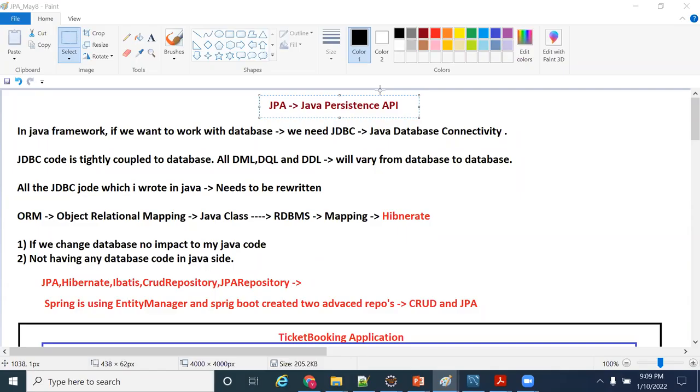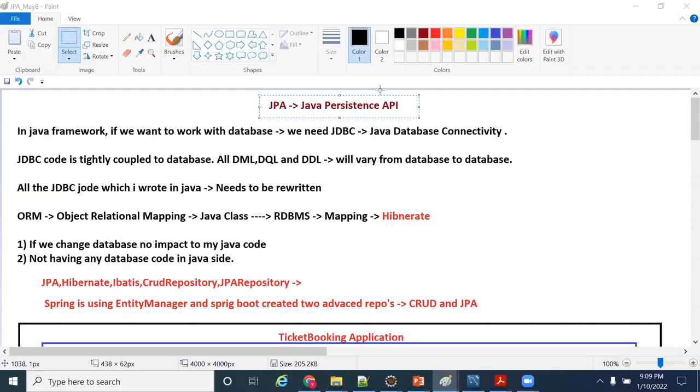First concept. Yes, all the things are correct only, sir. What are the things that are correct? First point is boilerplate code. Correct. Object oriented code. Correct. And also tightly coupled code. Correct. Heavy code we need to write. Correct. But the very, very important point is that with JDBC, it's database dependent code.